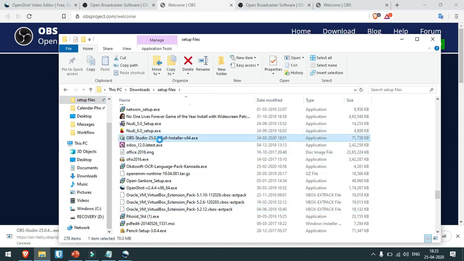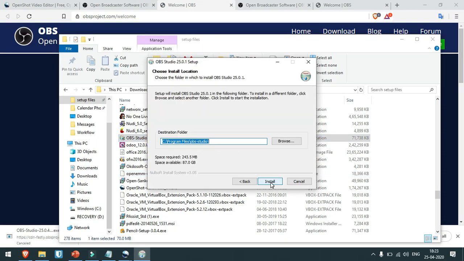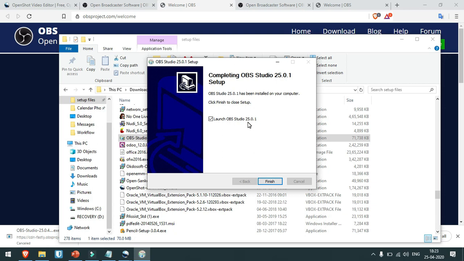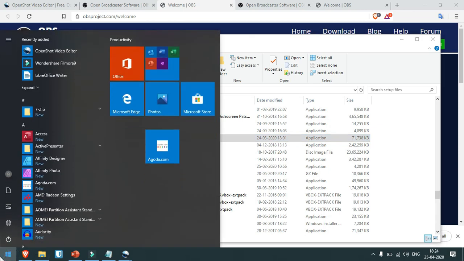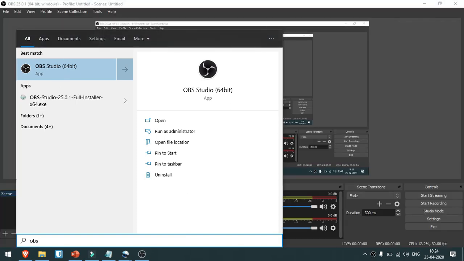So if I start it, I say yes to this, and I say continue, continue, and this is the installation process, which gets done pretty quickly. So now that we are done, we will launch OBS. In case it doesn't launch, you can always just go to your Windows button and type OBS, and there it will come. So here we have OBS.